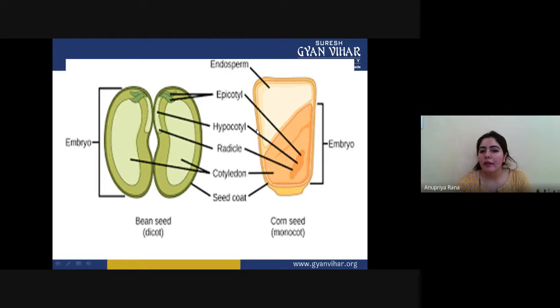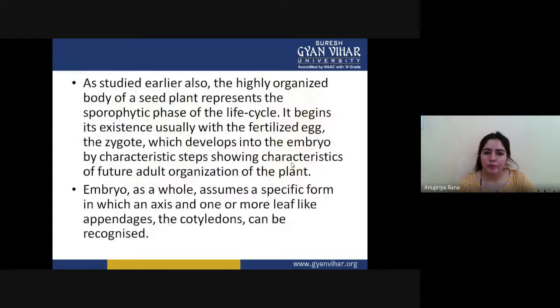On the basis of that, the upper portion is towards the chalazal end. If we see in the ovule, there are two ends, the chalazal end and the micropylar end. Towards the chalazal end, the portion is the epicotyl in the monocot, and the radicle position is going towards the micropylar end, because the micropylar end is responsible for the radicle to come out and convert into the root. This is the basic structural difference between the dicotyledon embryo and the monocotyledon embryo.